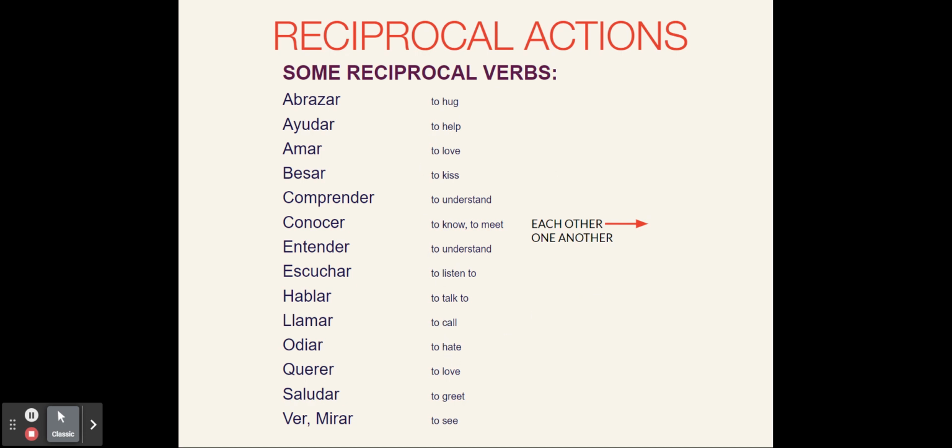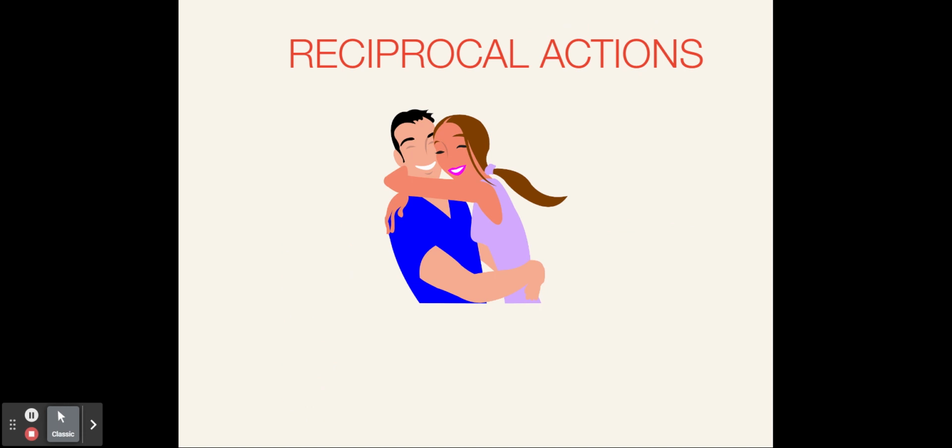And as a summary, in Spanish you're going to use the pronouns. What pronouns do you remember? Muy bien, se, nos, and in Spain they will also use os because they use the vosotros form. And here we have some examples. What verb could you use? Abrazar. And with the phrase in English, each other, in Spanish, the pronoun. Okay? Mi novio y yo nos abrazamos. One conjugated verb, pronoun in front of it. Mi novio y yo nos abrazamos.